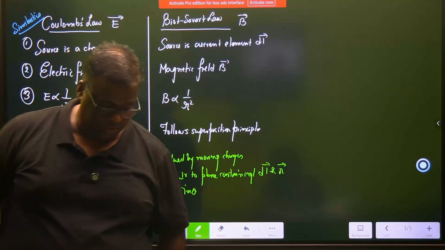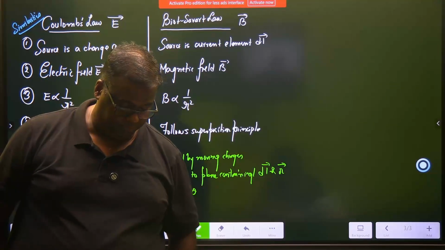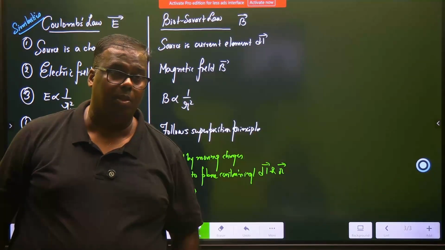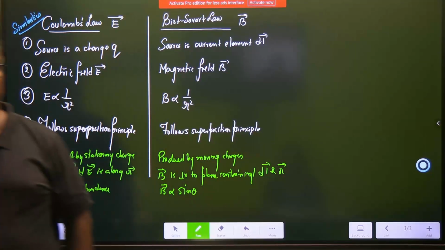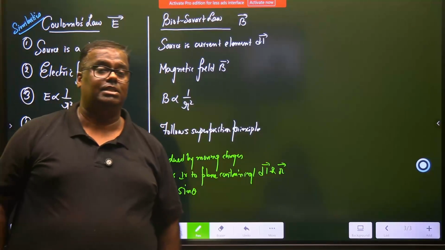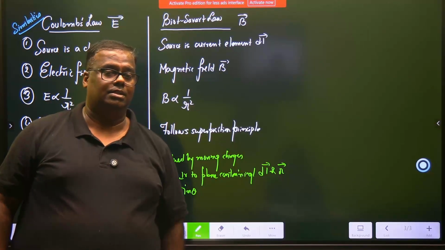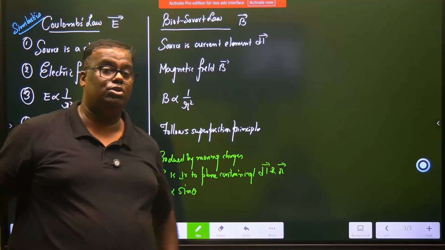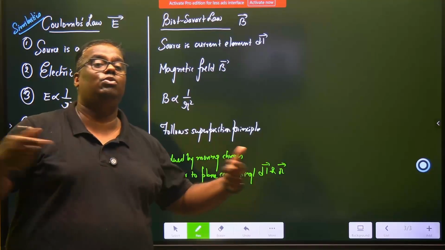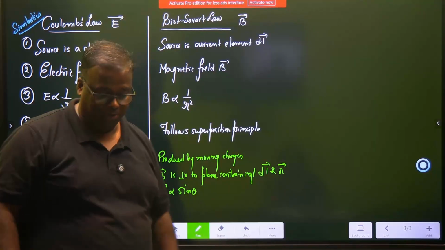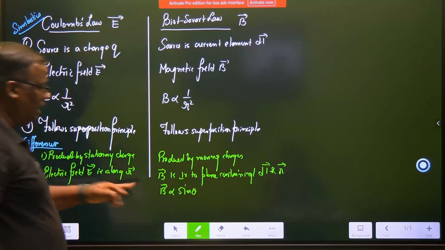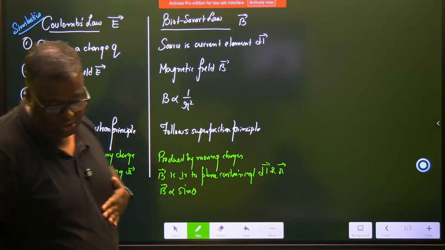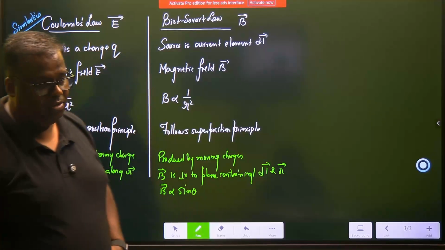Which one? Coulomb's law is all in electrostatics. Moving charges exert, but the moving charges concept is not brought in Coulomb's law. Coulomb's law is two charges at rest. Otherwise, how will you define r? r cannot be defined. Okay, so for this angle dependence, you can add one line that if the point lies along the extension of the current element,